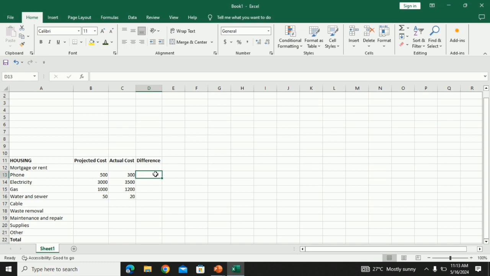To subtract, enter equals and then click the column B projected cost minus, and then click actual cost, double click, and then drag it down.